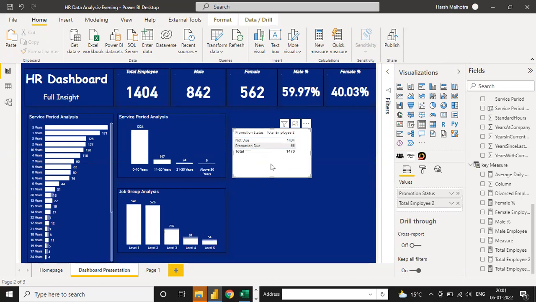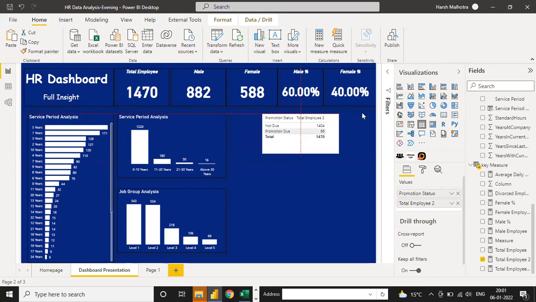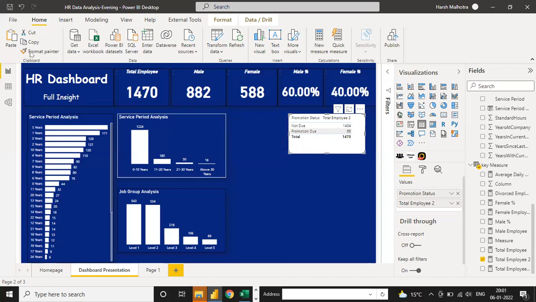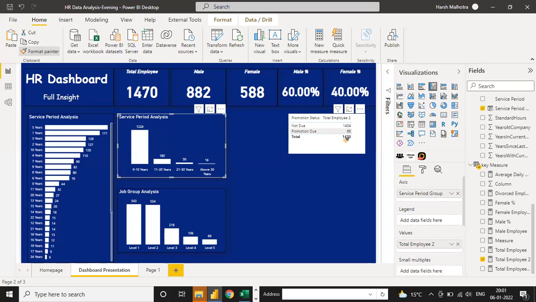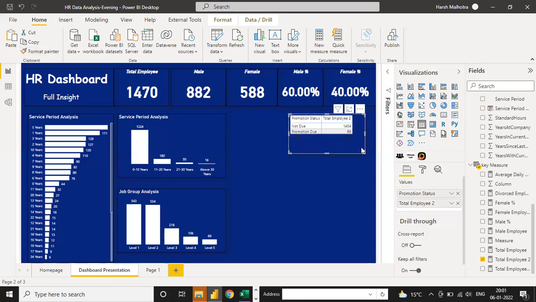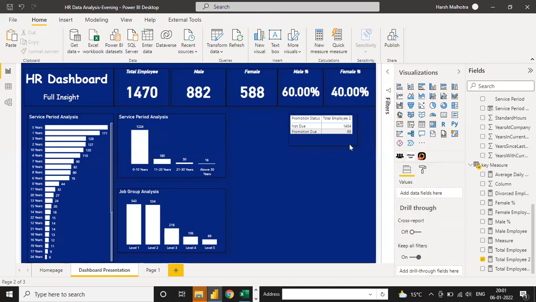Any idea? I think yesterday I told you how to calculate a particular specific value in a card chart. Same way, guys, with the calculation. Right, calculation and filter function. Okay, so if I click on this format, select here. Here we have the total option. Switch this total on or off. So this is your tabular presentation.